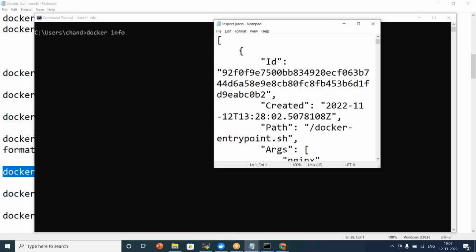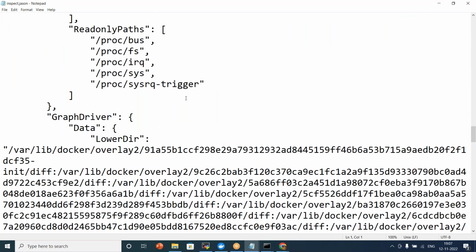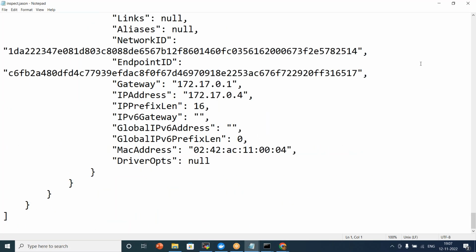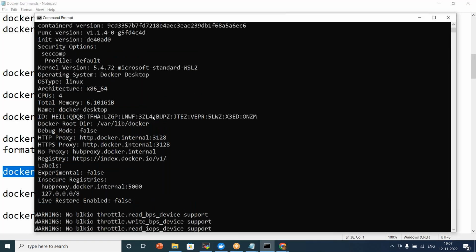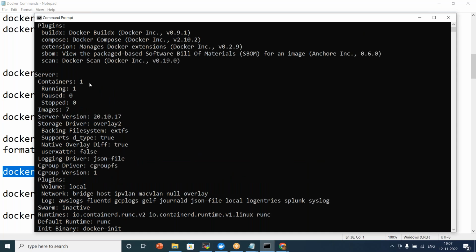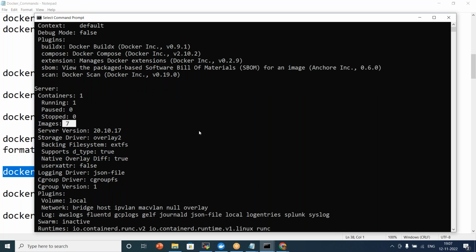Okay, so this is the JSON file that we copied to the file, and you can search here for whatever you want to search and check this, right? So these are all the ways that you can do it, and this is the Docker info that we get. We have totally only one container that is running, and what are the plugins that we are running, right? And you can see all the running, paused, how many images in total I have in my local system, or what is the